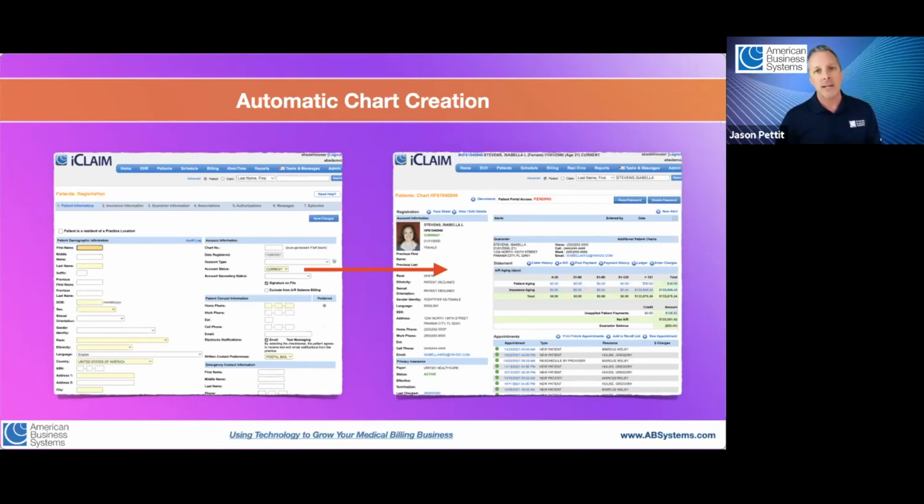Now, why do they ask that question? Because if you've seen the doctor before, they can just look your name up and you already have a record in the system. If you have not seen the doctor before, that form on the left has to be filled out. That's a patient registration form. And now you go into, can I get your name? It's Jason, and they start to fill out this form. The problem here is lots of mistakes happen on that form. Those mistakes carry over to the billing screens. You submit that and the claim gets rejected because the receptionist typed in the name wrong or the date of birth or